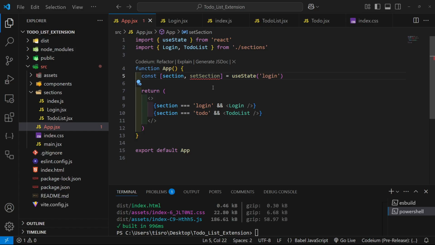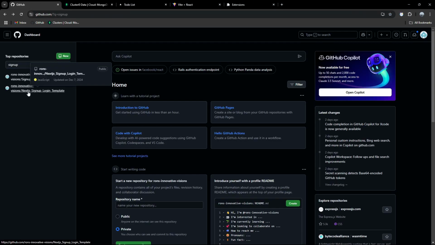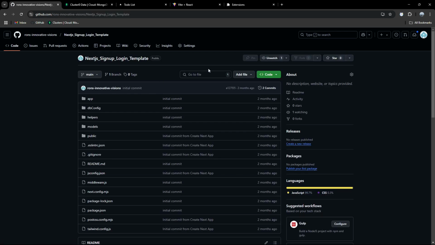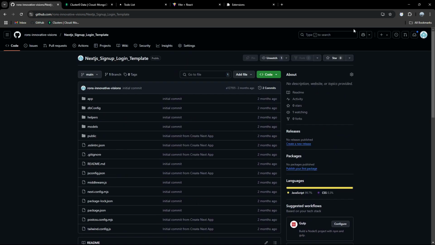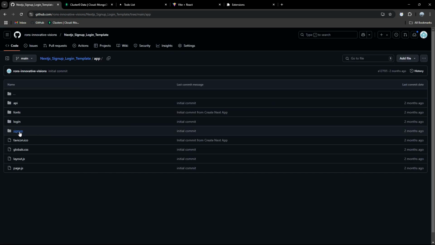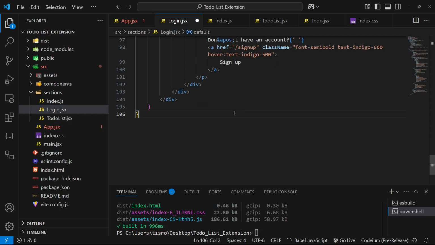For the section, what we're going to do is go back to GitHub, and if I search up sign up, there's our Next.js sign up login template, and of course all the links to these GitHub repositories are going to be down in the details below, so you can go find them and open them real fast. But we're going to go to the app, and then we're going to go to login page.js, and let's go ahead and copy all of this, or actually let's just copy the whole file, find the login, paste everything in